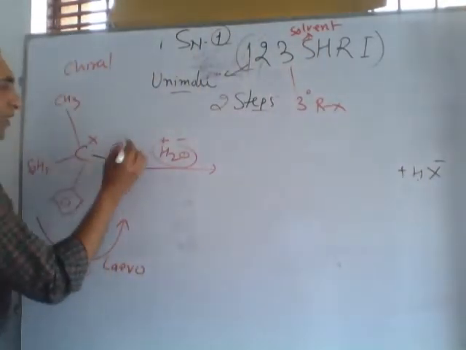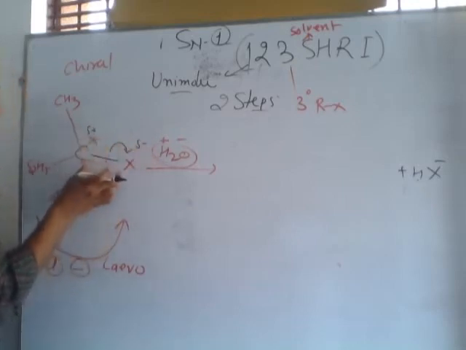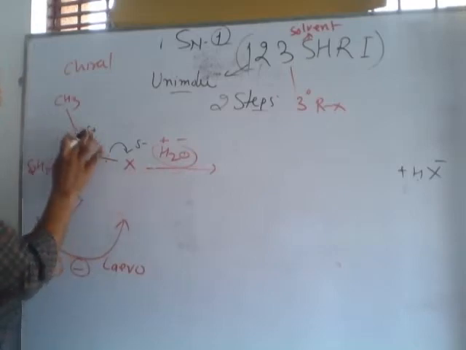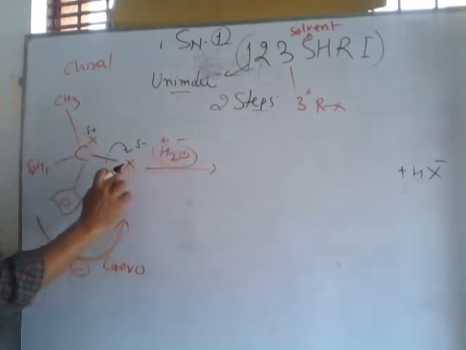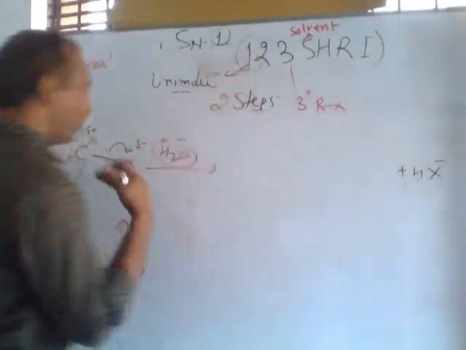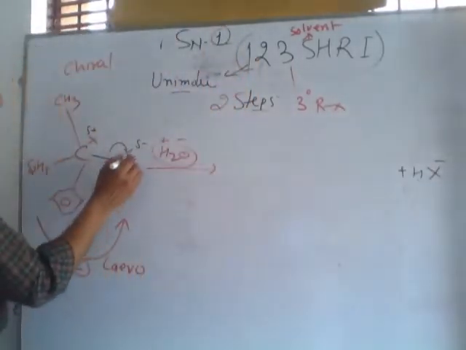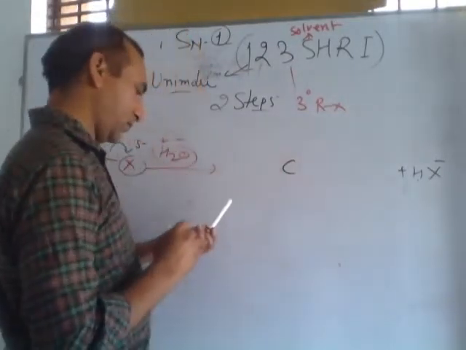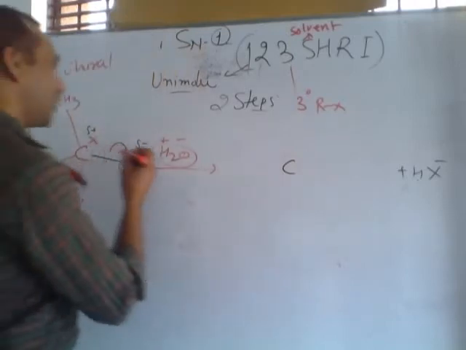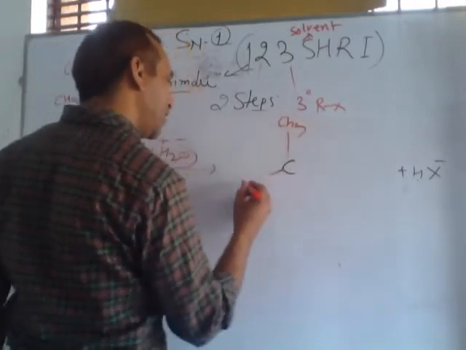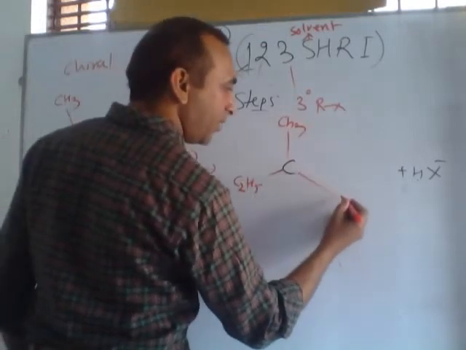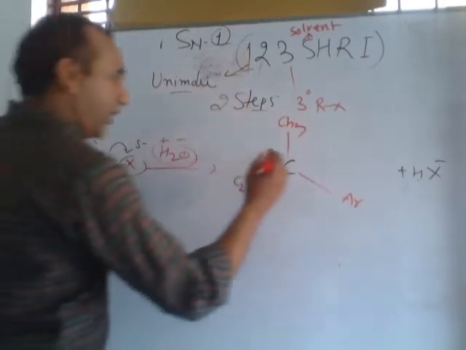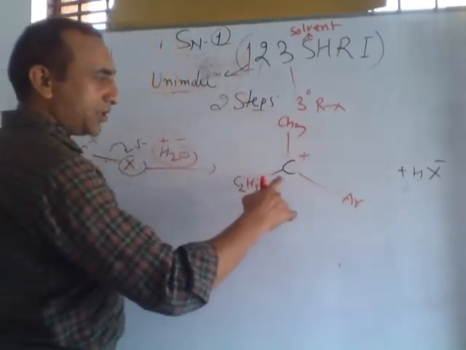Actually, this C and X, this is the polar bond. This polar bond easily breaks down and the halogen is removed if it is dissolved in a polar solvent. The polar solvent helps to remove the halogen. So what will happen after removal of X? Listen, the C center, CH3, C2H5, and here I am writing AR. AR means the ring, aromatic ring, and a positive charge. Listen, this is a carbocation.